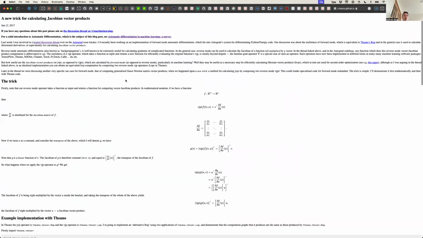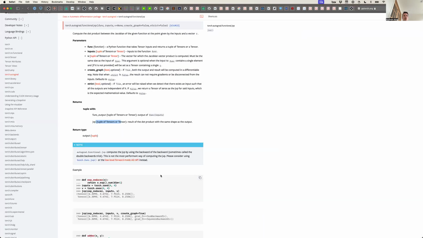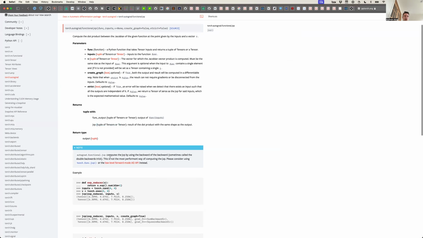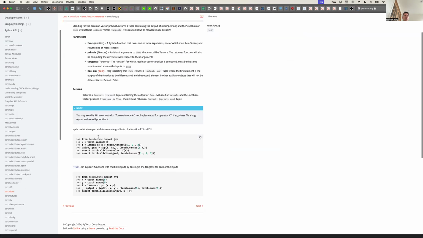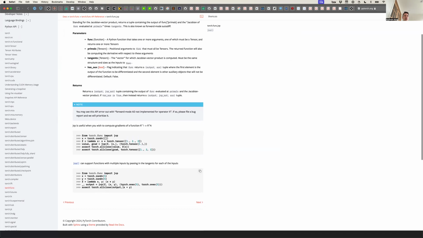There's this web page, if you're interested in this, that has a nice little derivation about this reverse over reverse. Again, the traditional way to do this is forward mode, and you can do that actually if you look through the docs here. It says that, hey, this is not necessarily the most performant way. You could use our lower level API, or you could use this thing. There's torch.func jvp. I didn't show this one because it was just a little less clean in the syntax, but